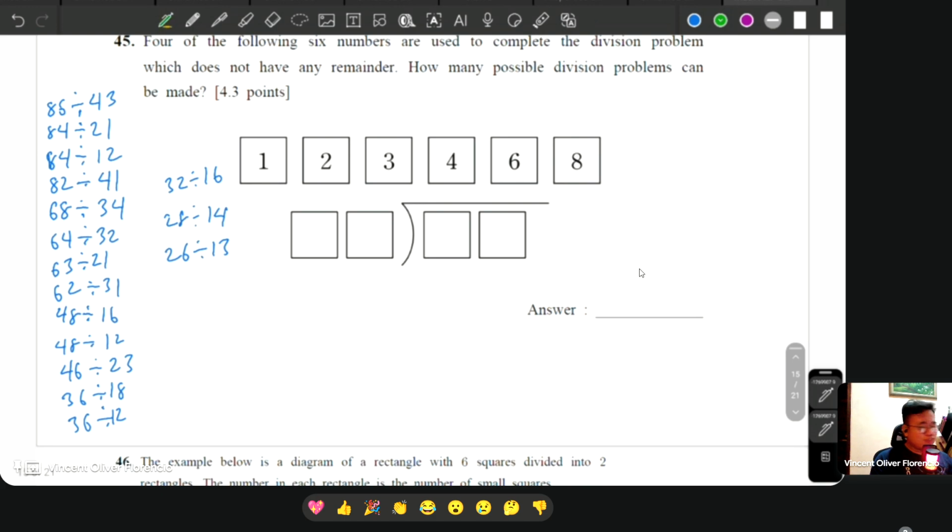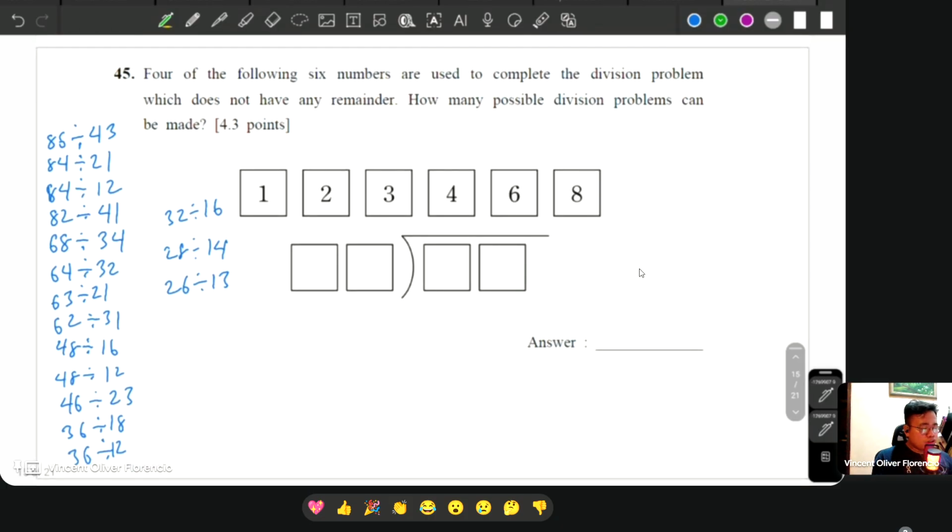So I just tried to fast forward a little bit, but the thing here is that you list down here. Sorry, I cannot find any shortcut here, but the thing is that you have to form numbers here that when you do divisions, it's exact. There's no remainder. How many are these? 1, 2, 3, 4, 5, 6, 7, 8, 9, 10, 11, 12, 13, 14, 15, 16. The answer here should be 16.